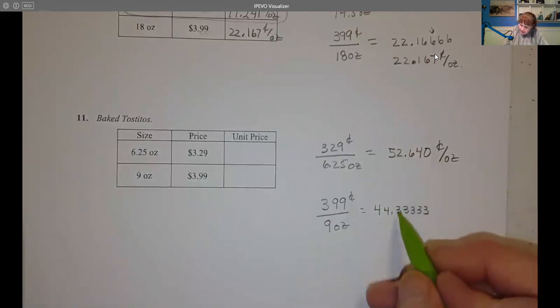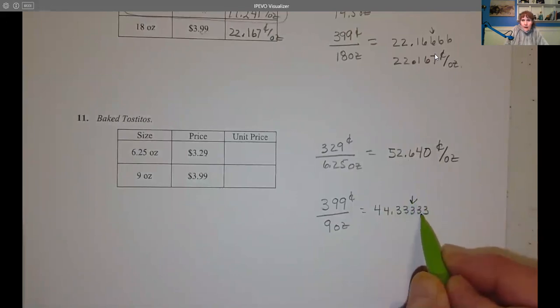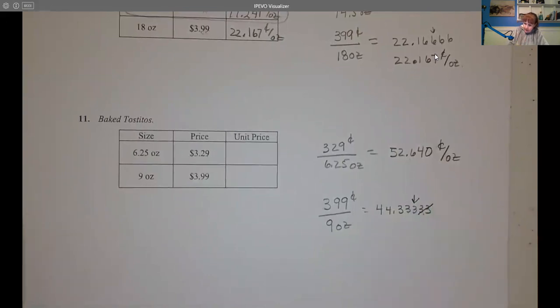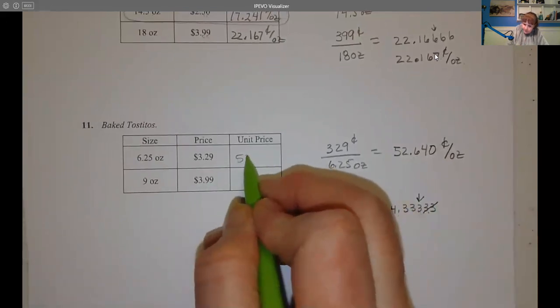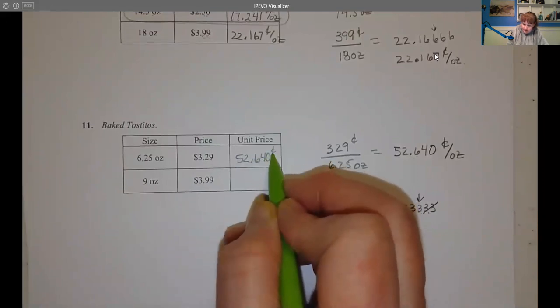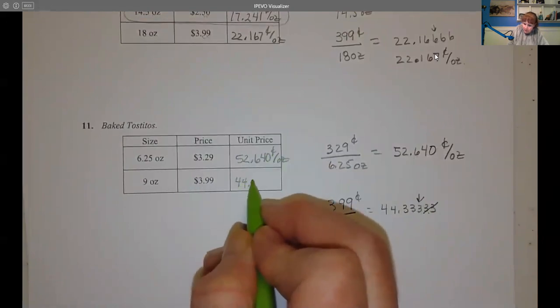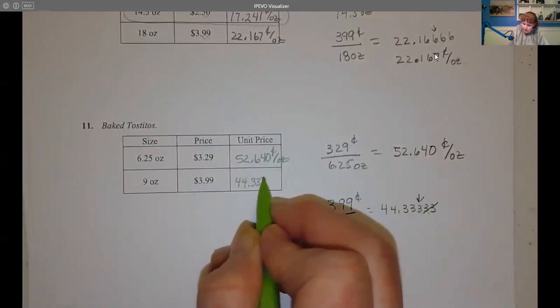So we're going to go to the thousandths: tenths, hundredths, thousandths. Look to the right. It's less than 5. So we're going to leave the 3 alone. Those other ones go. So we've got 52.640 cents per ounce. And we have 44.333